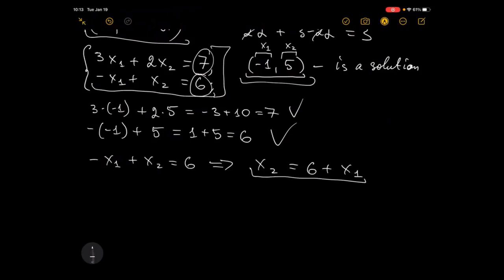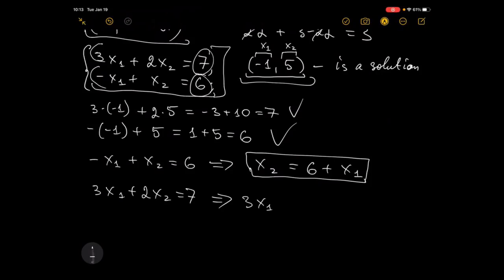Pay attention, what I'm using here is the fact that both equations have to be satisfied simultaneously, so I can use one of the equations to simplify the other one. Here I expressed x2 through x1. Now I can rewrite this as 3x1 plus 2